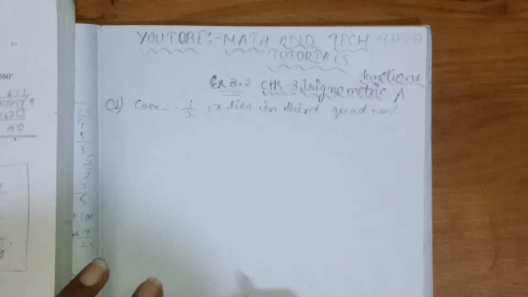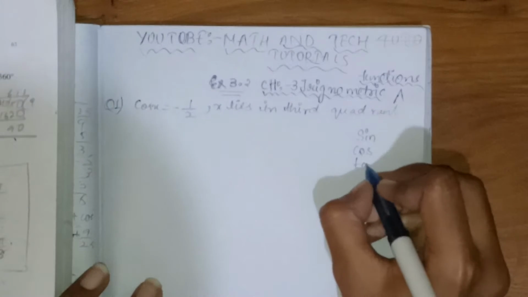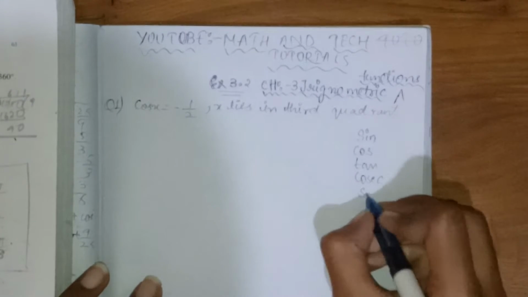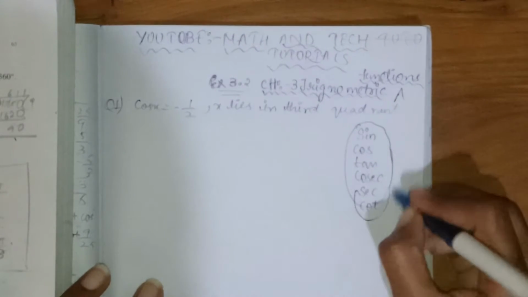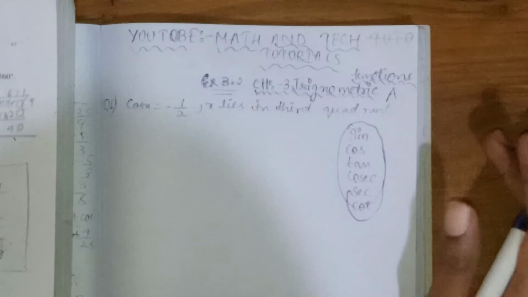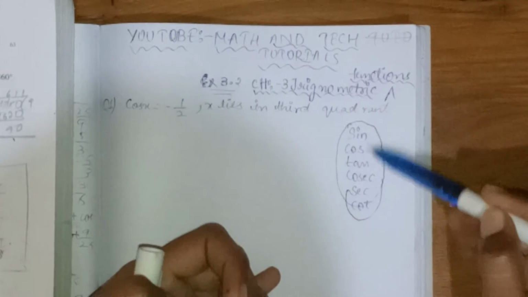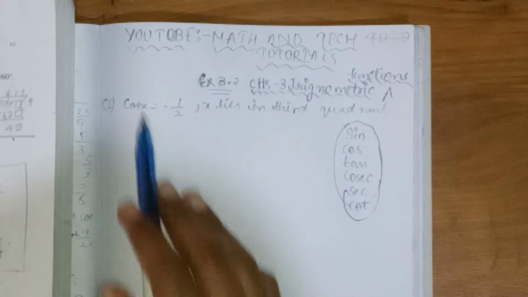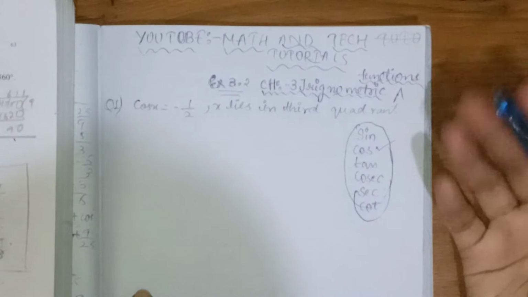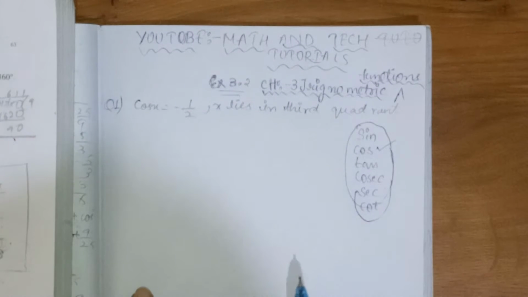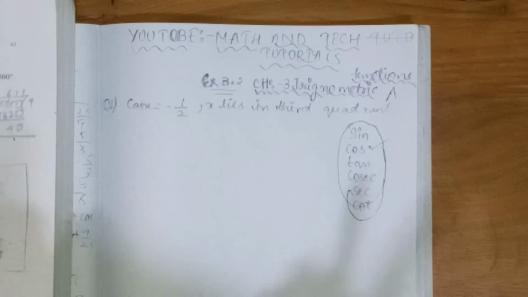So what are the 5 trigonometric functions? Sine, cos, tan, cosecant, secant, cot. So these trigonometric ratios, these values we need to find. You don't need to be afraid of what the 5 trigonometric functions are. Already in the question they have given the cos value, and by cos we know the reciprocals. I already said this in the exercise 3.2 introduction video. That's why I'm saying to see the introduction video first.